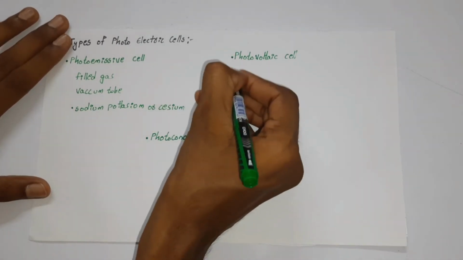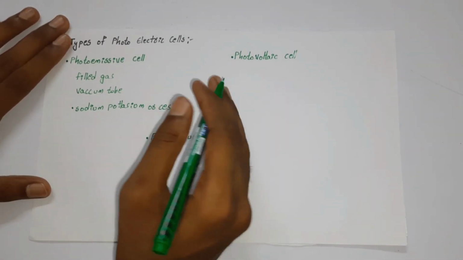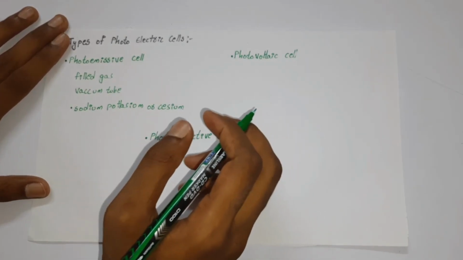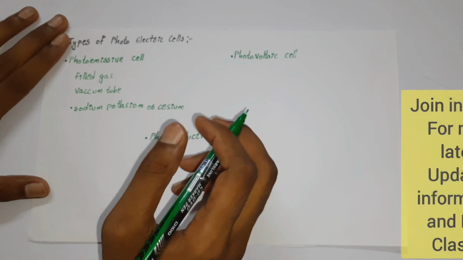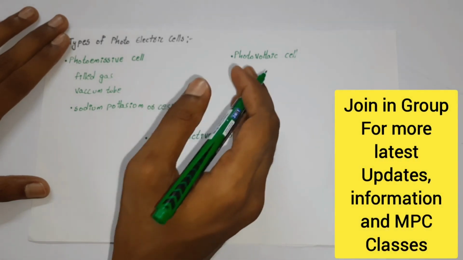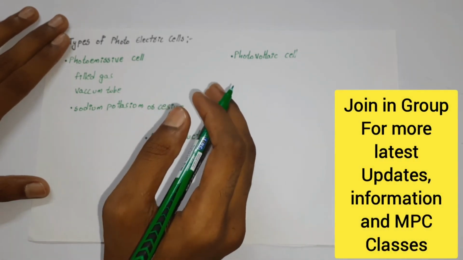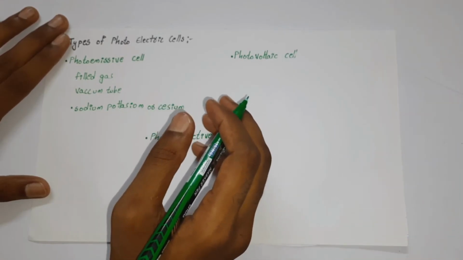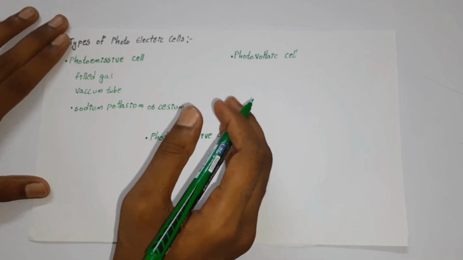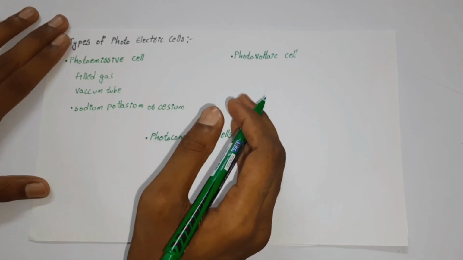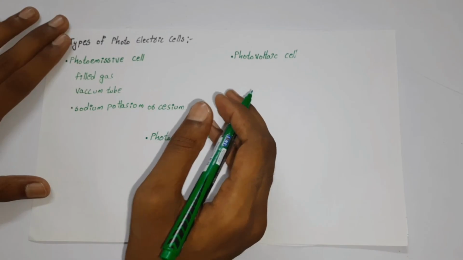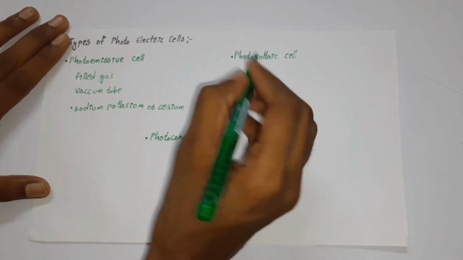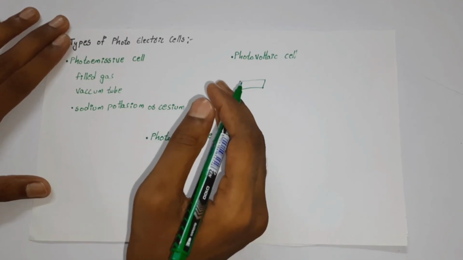So we can say that a photovoltaic cell is made up of semiconductor material that absorbs the light of the photon, so that it absorbs the photons emitted by the sun. So we can say that it is a cell used in the solar system. It will generate the flow of electrons when the photons strike from the sun, as in a solar circuit.